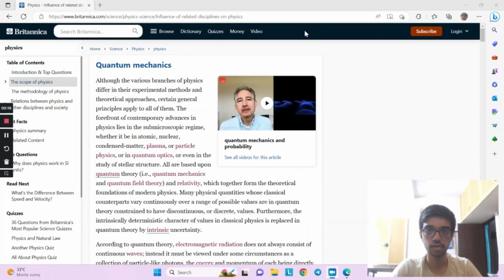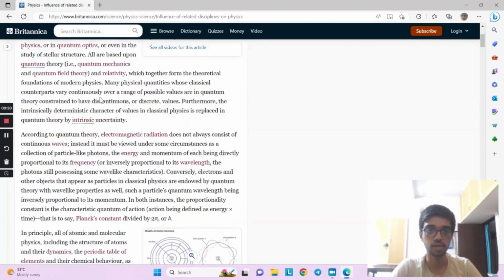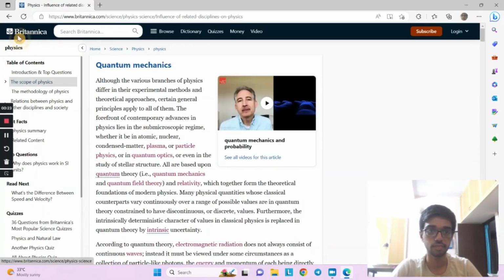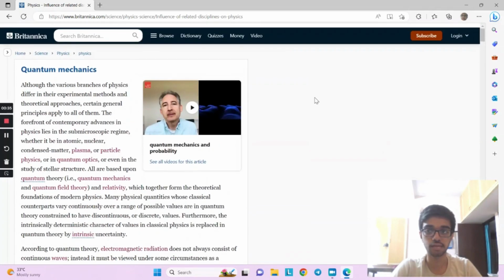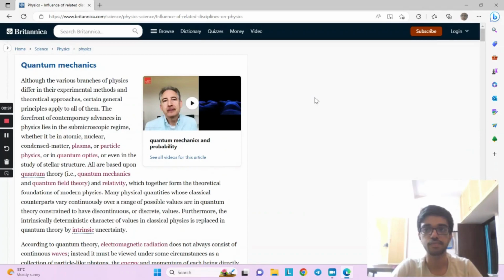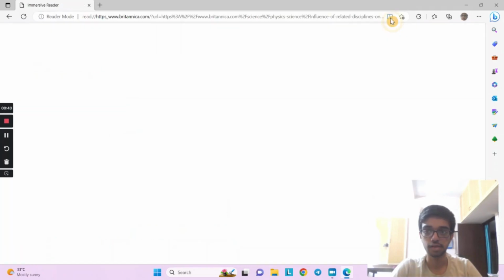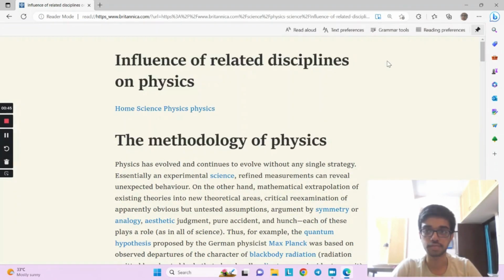By distractions, I mean something like this tab, this bar right here. Maybe you can reduce those distractions by closing it. But if you want an absolutely immersive site, you have to enter this thing called immersive reader.